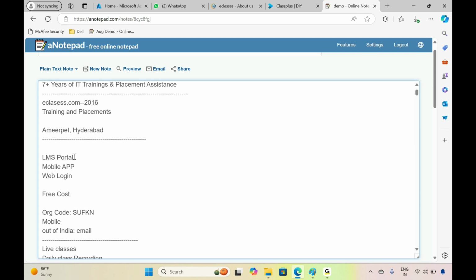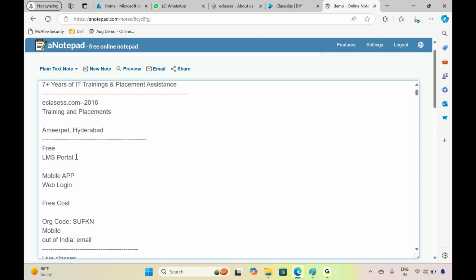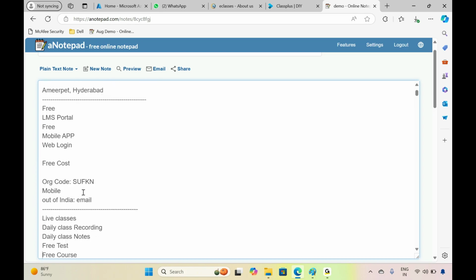But for every student, we give free LMS portal access, and we also provide a free mobile app. For every student who joins our training, we provide the LMS portal access and a mobile app for easily accessing the daily class recording videos.